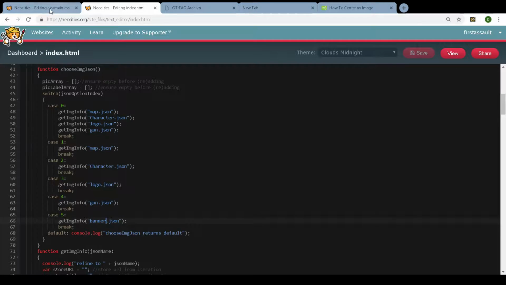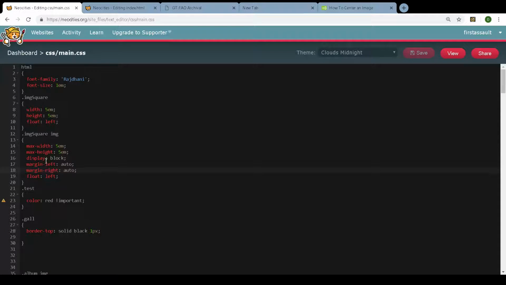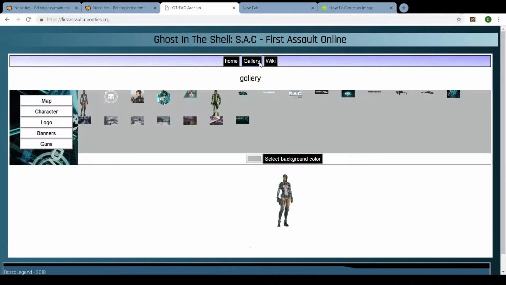So what that is saying, we would need to say max width is 2.5, and we should see it become sort of centered, which it is,